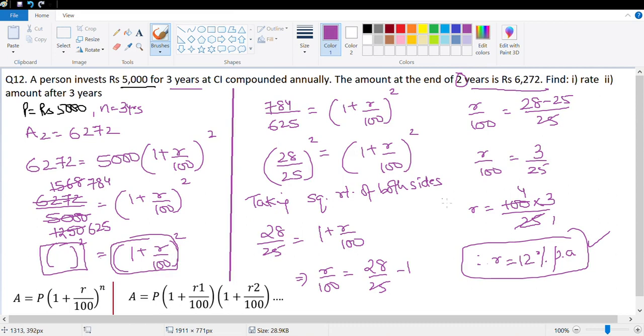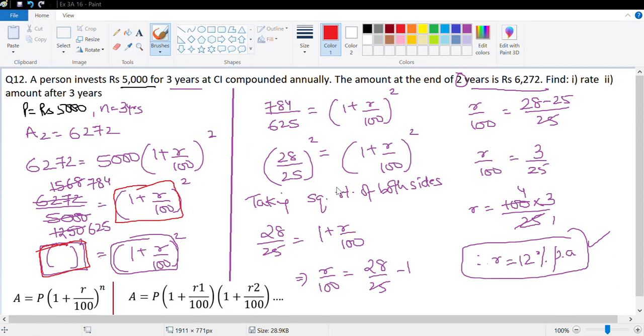Done. Let's move. So the only trick that I want you to understand here is if you get a question like this, and on the right hand side you have a square, you will have to convert your left hand side in the form of a square, so that by taking the square root sign goes away. Good. Let's look at the next question.